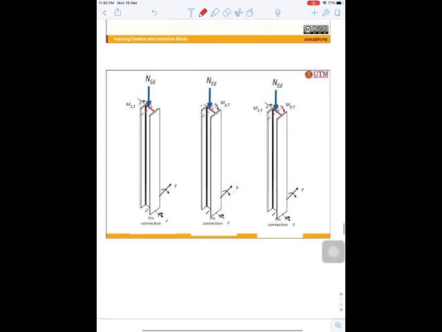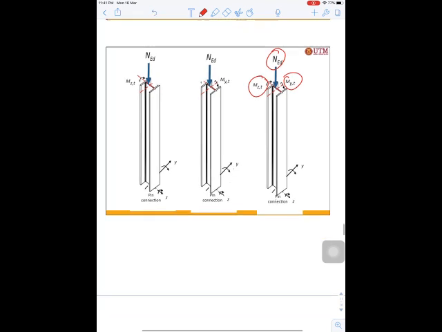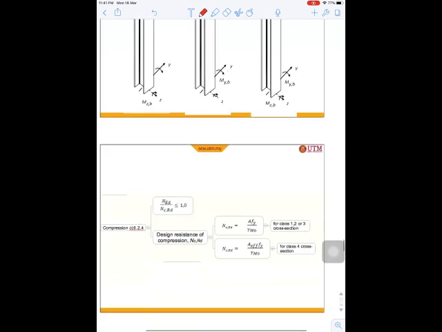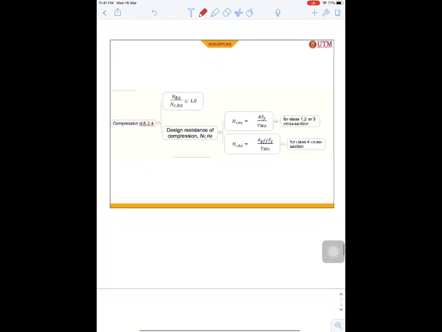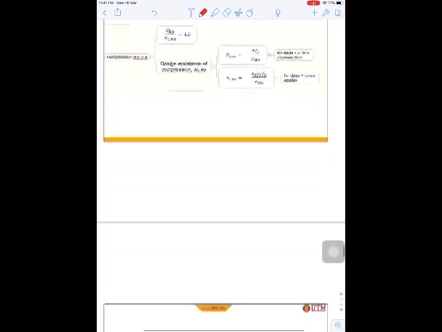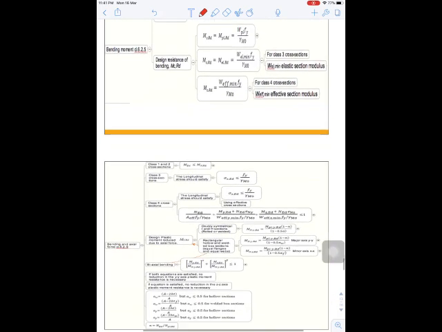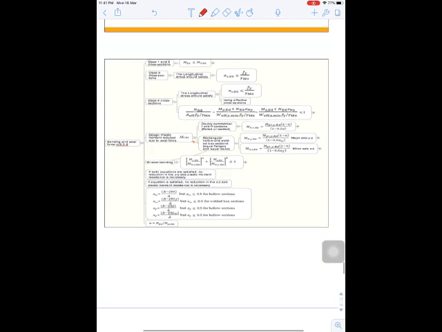As you see, the column here is subjected to an axial load and also moment, whether from the major axis or the minor axis. We have already gone through the process of designing the column, and you can see the steps here are very complicated,